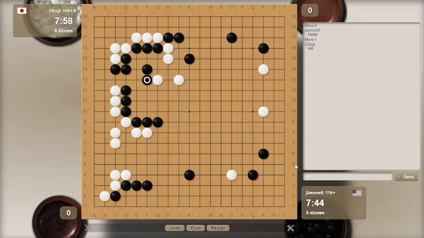And yeah, so he looks focused on trying to destroy my territory more than building himself. But I mean, this group is, I don't think it's killable. He disagrees. Okay, let's turn this way. So I only see one eye in here, I guess. And so let's